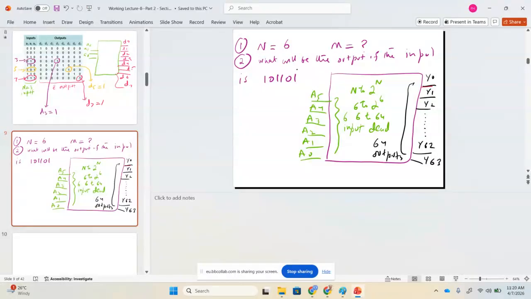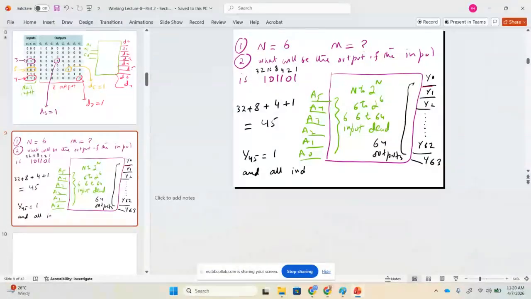And now can you see here? This is actually 1, this is 2, this is 4, this is 8, this is 16, this is 32. So now in this example, it will be actually 32 plus 8 plus 4 plus 1. If you convert this into binary, 32 plus 8 is 40, plus 4 is 44, and 45. So in this example, y45 will be equal to 1, and all indices